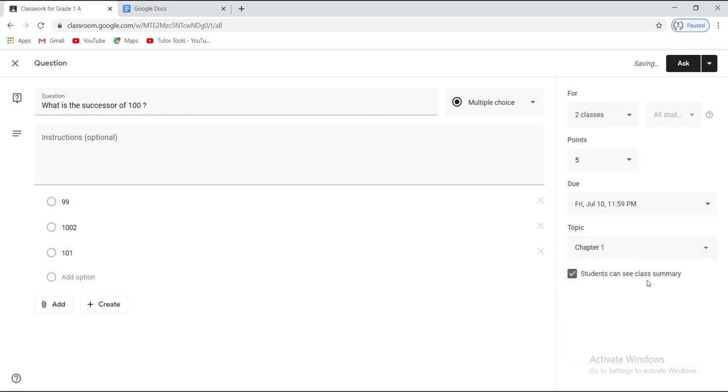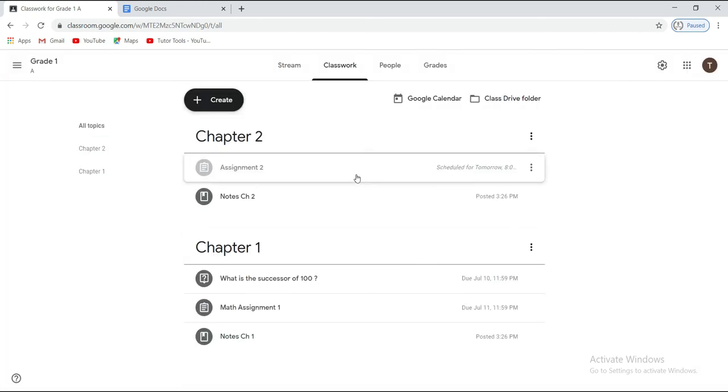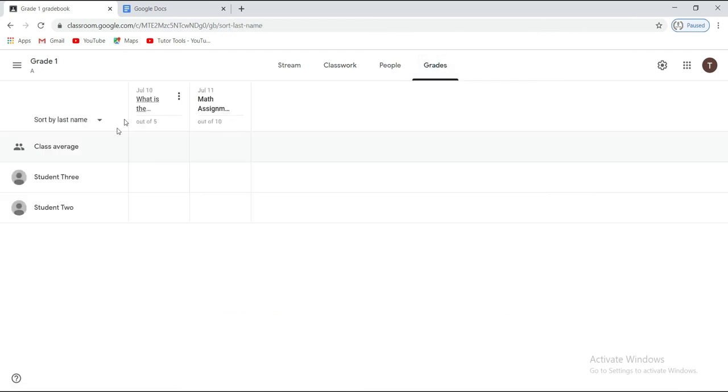If you want students to see the class summary, you can tick this checkbox unless it's your wish and click on Ask. Of course, you can schedule it only when you are doing it for one class at a time, and done. Again, the question that you have posted is very well present in the grade column as well.